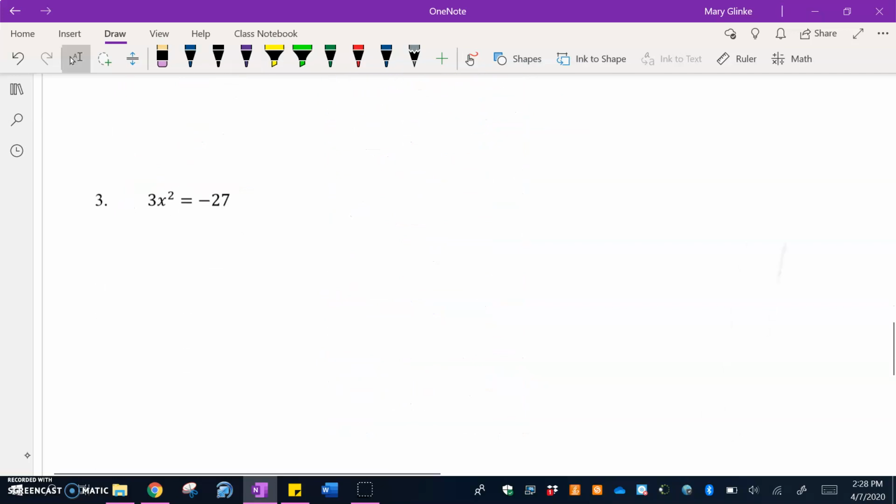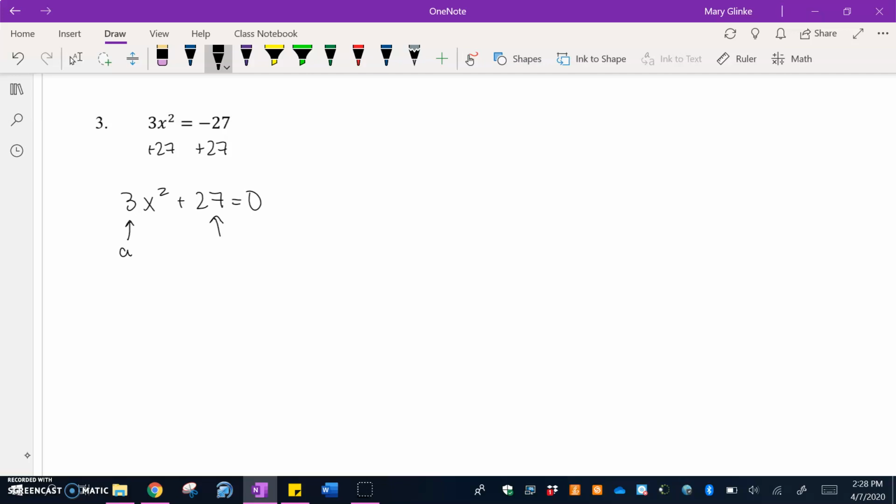Now let's try one more. Again, a different case here. We do want to get this equal to 0, so we're going to add 27 to the other side. We get 3x squared plus 27 equals 0. In this case, our a value is 3. 27 here is actually our c value. Our b value is 0 because it is missing. There's no x term here. So b is 0. So now what we're going to do is x equals negative b plus or minus the square root of b squared minus 4ac